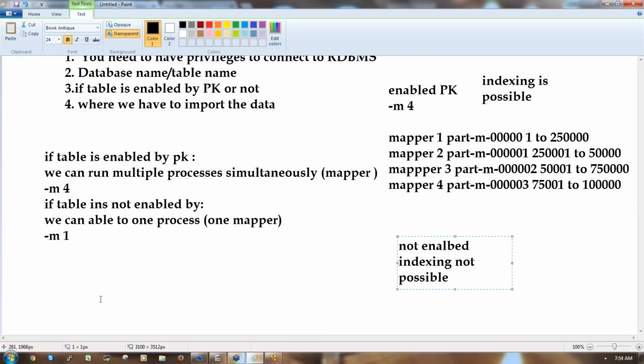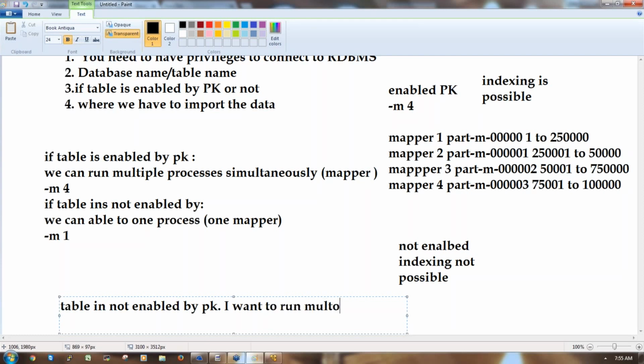Here you will get an interview question. Your interviewer will ask: the table is not enabled by the primary key, but I want to run multiple mappers. Is it possible or not?